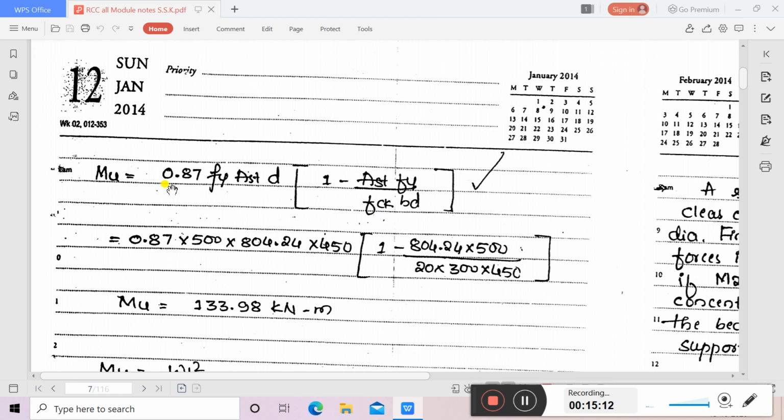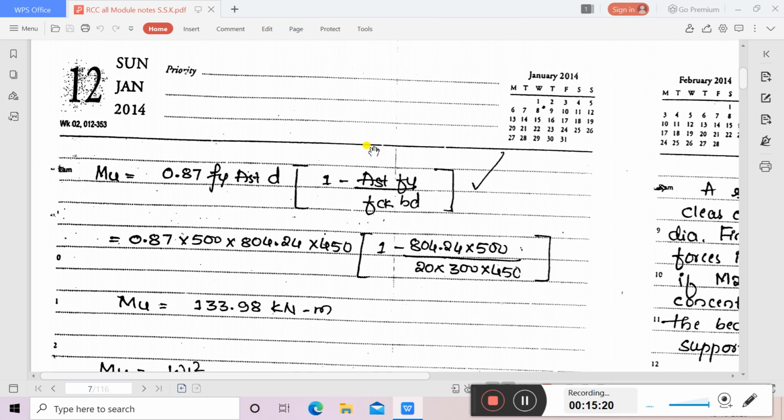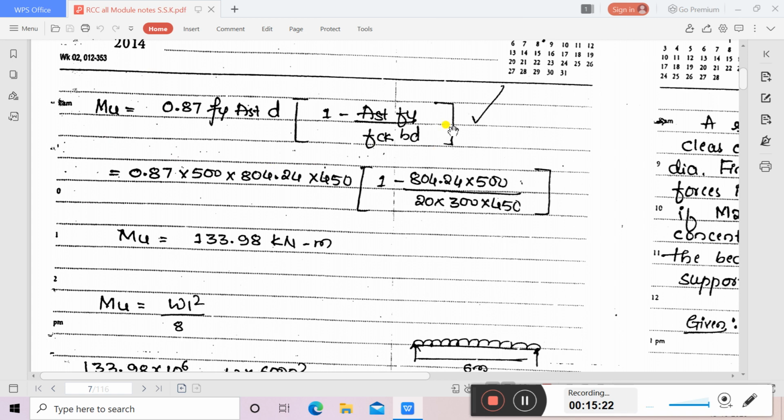This is the equation to calculate the moment of resistance or ultimate moment of resistance, or flexural strength or flexural capacity of a beam,